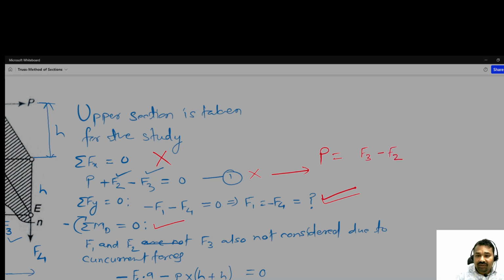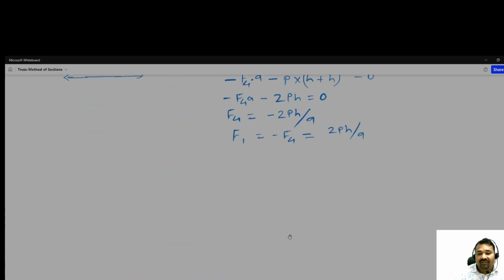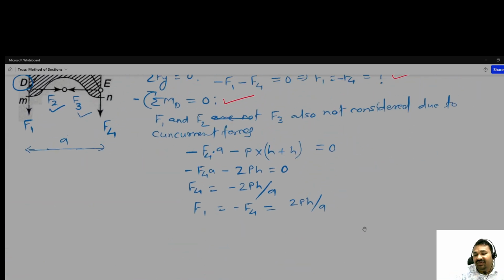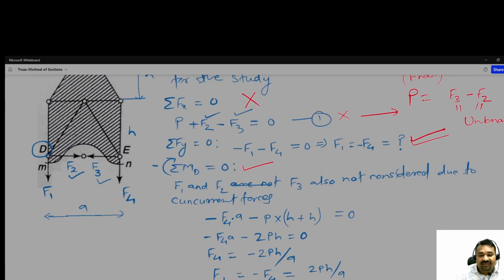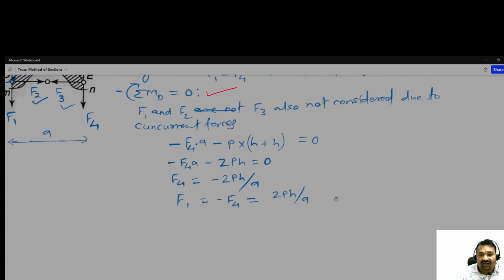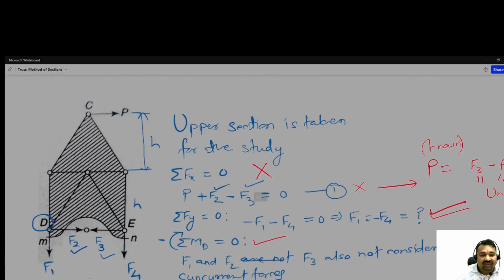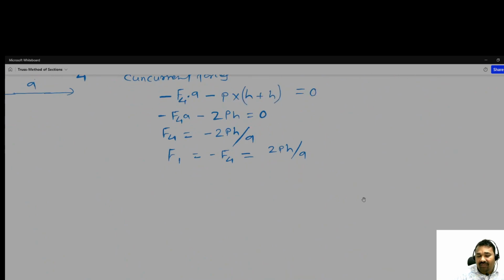However this is known, but F2 and F3 are unknowns, so we are not getting any of the individual values. So what is suggested here, and this comes after experience, after solving questions, then only we can optimize, we can judge. However we have the three equilibrium conditions, so when we have to use